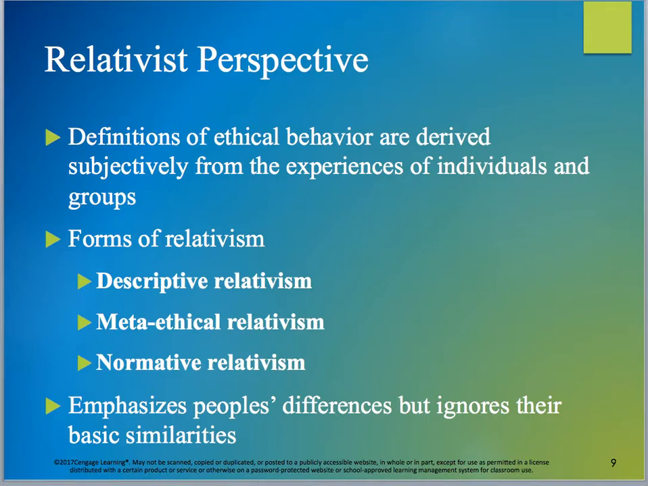When we look at the relativist perspective, the definitions of ethical behavior are derived subjectively from the experiences of individuals as well as groups. And we have three different forms. We have descriptive, metaethical, and normative. And this perspective emphasizes people's differences, but we also tend to ignore their basic similarities,